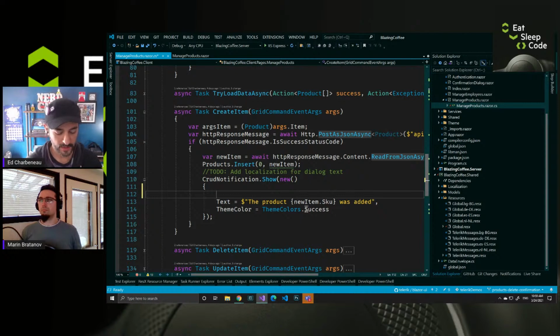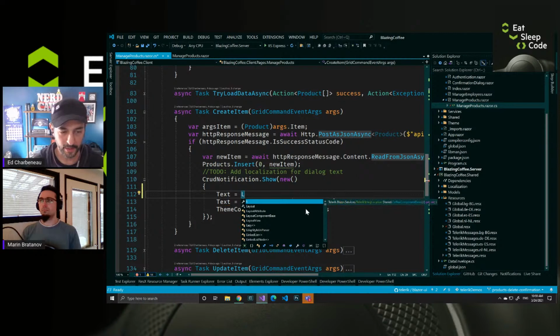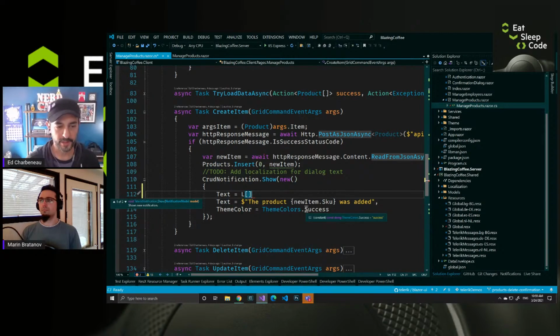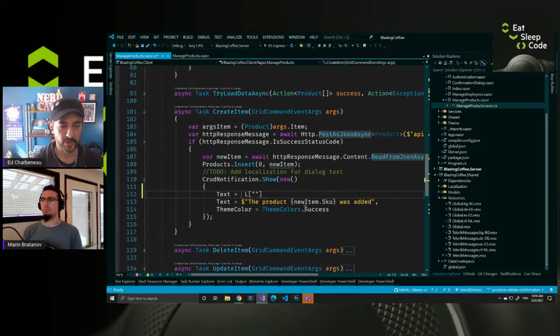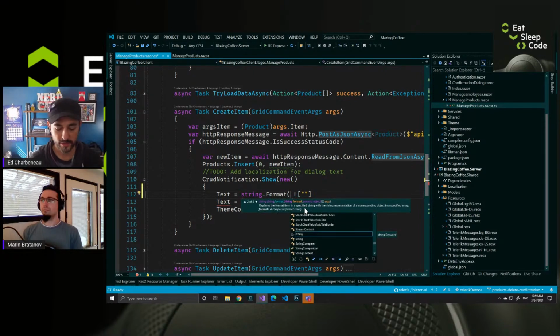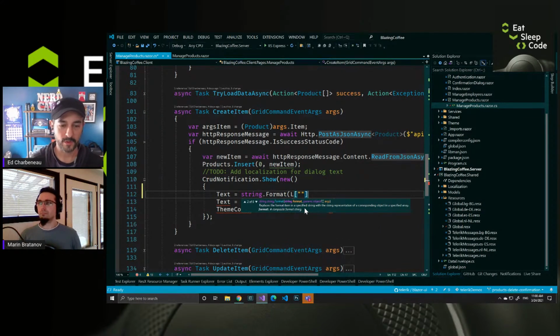So what we're going to do instead is we'll say text equals, and then our localizer is just simply L. The key goes inside of this here. And that's going to be our localized value, but we want to pass in a parameter here as well. So what we're actually going to need is string.format, so when it pulls this localized template out, it can insert that value in it. So we'll get the key there, and then we'll pass in,